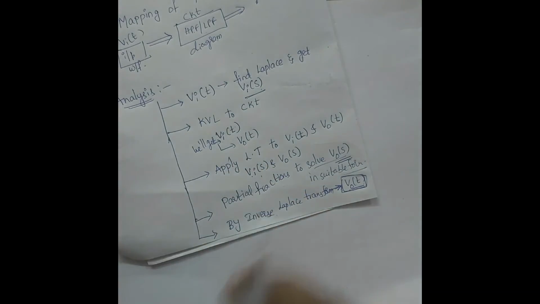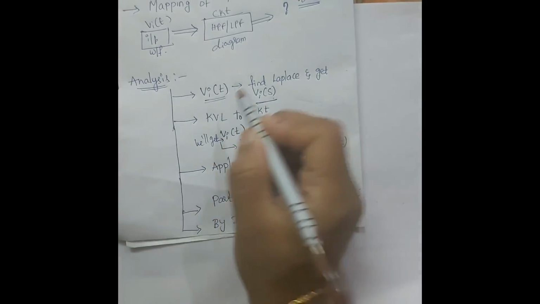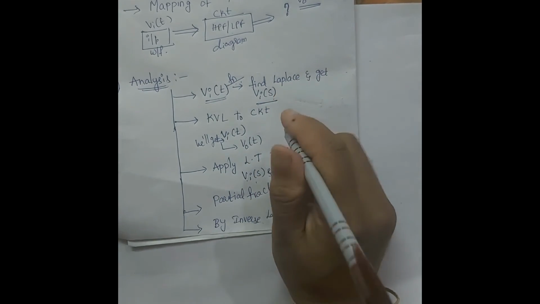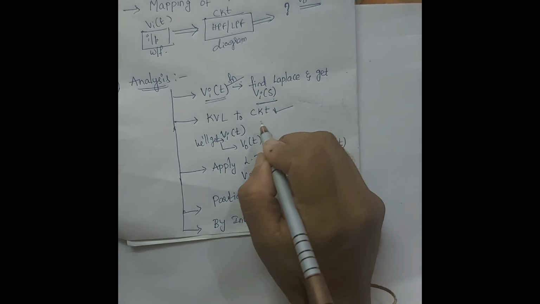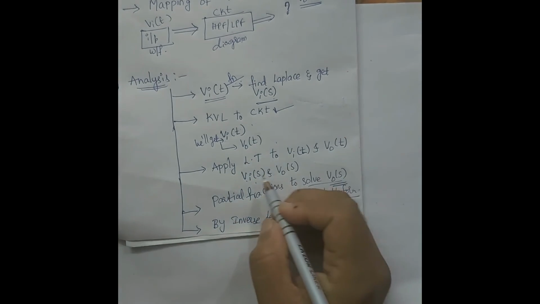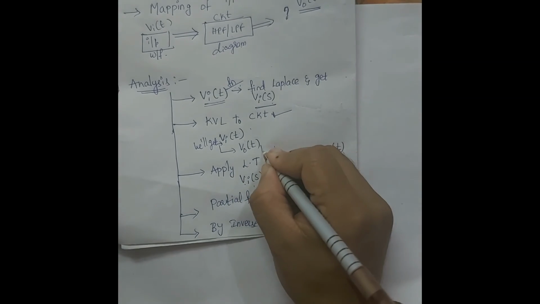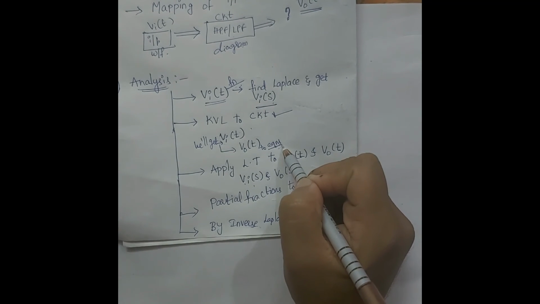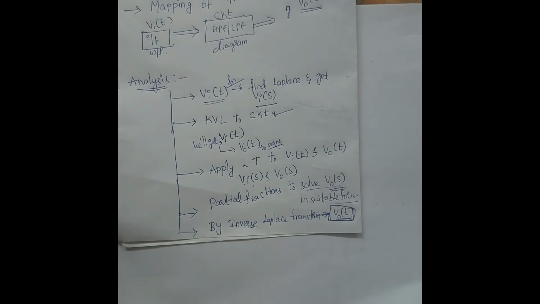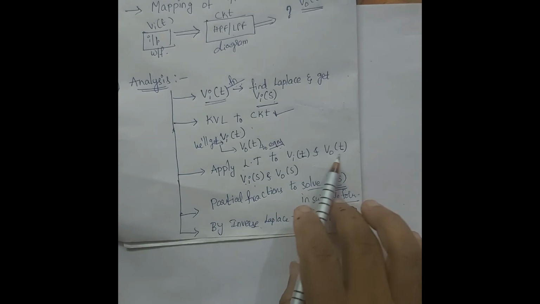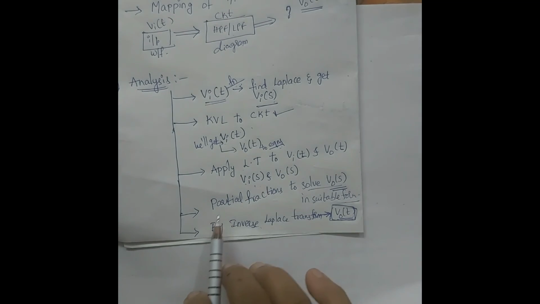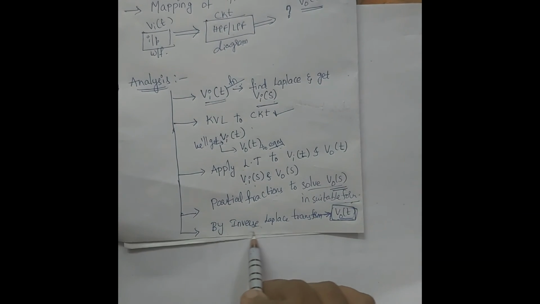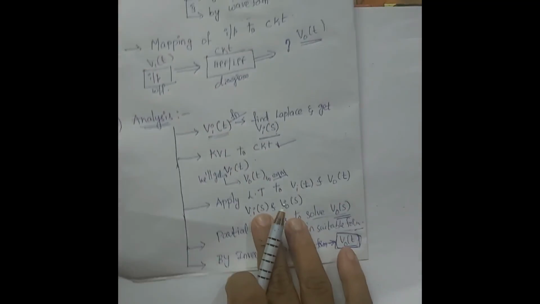So, these all are the steps. First of all, for the Vi of t function, we find Vi of S. By applying KVL to the circuit, we get the equations for Vi of t and V naught of t. Don't confuse the Vi of t function with the Vi of t equation. This will be clear once you do a step response. Then the Laplace transform gives Vi of S and V naught of S. Partial fractions if needed to solve V naught of S in suitable form. By applying the inverse Laplace transform, we will get V naught of t.